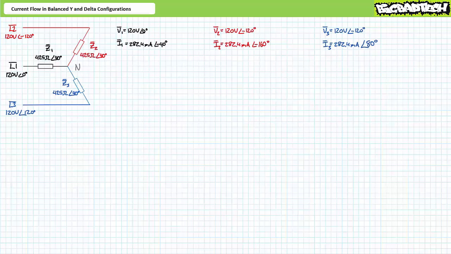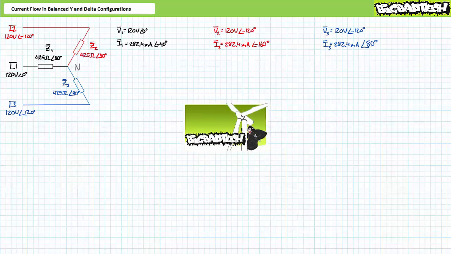Our objective is to examine exactly what really happens on a moment-by-moment basis in balanced Y and delta configurations with respect to current. This lecture operates under the presumption the viewer has more than a passing familiarity with the phasor analysis of balanced Y and delta configured loads, as illustrated in the three-phase AC examples lecture, available at the Big Bad Tech channel. If you haven't watched this lecture yet, or only dimly recall its contents, please take the time